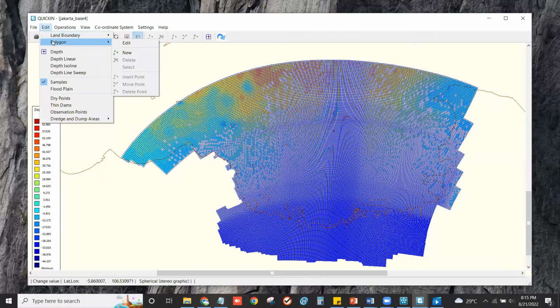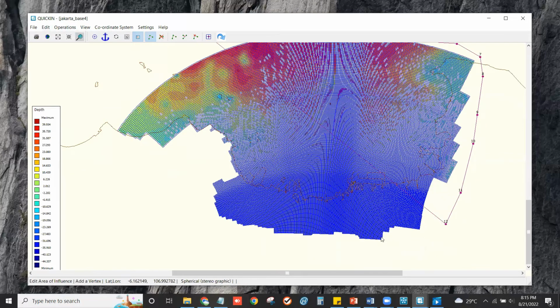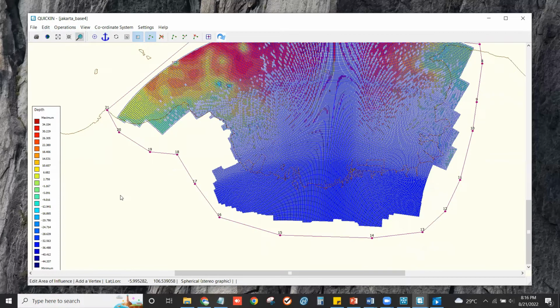We can click edit polygon, click new polygon, and digitize on the canvas around the grid area.